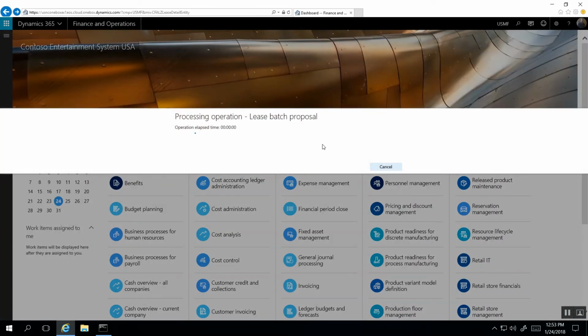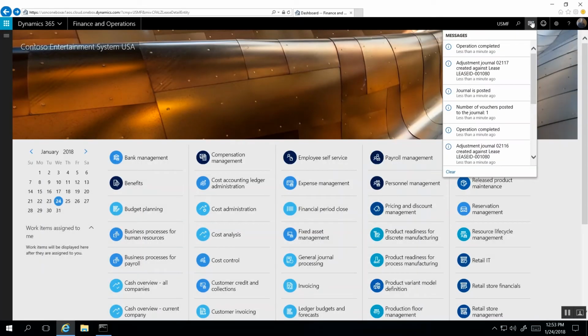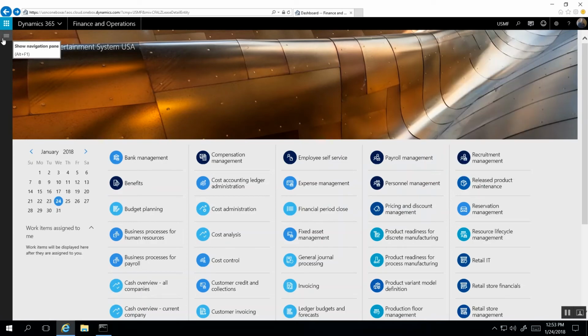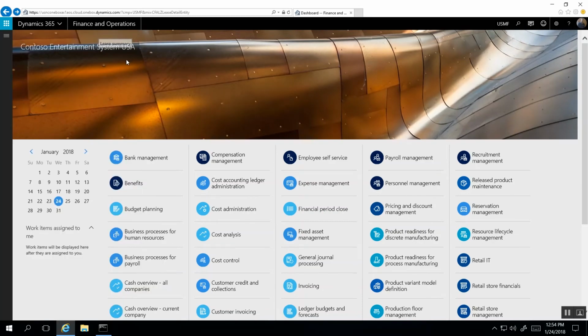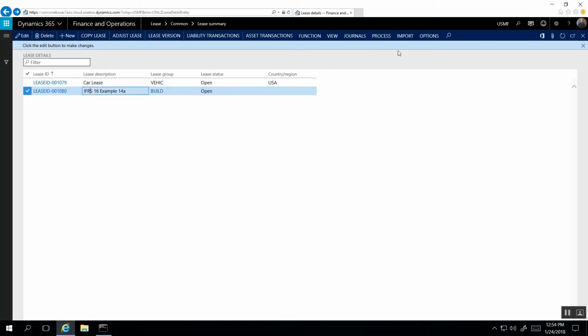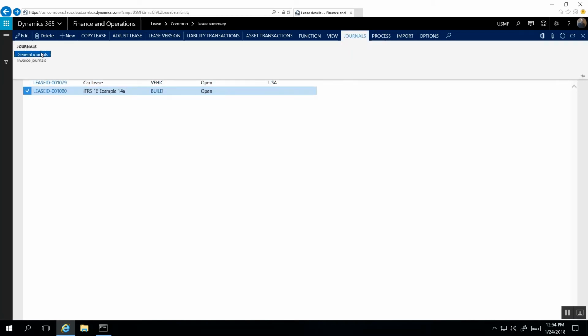We can click OK. Great. The operation has been completed and the journals have been posted. So now we can head back into that lease, see the posted journals, see the transactions tables, and then run the lease revaluation process. So heading back into the lease summary, we can click on our lease, click Journals, click